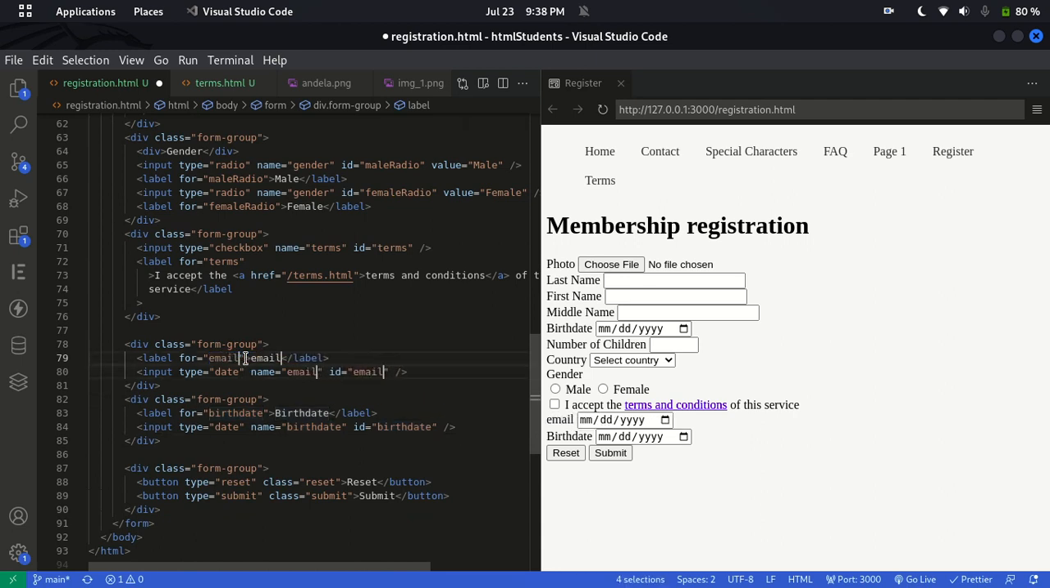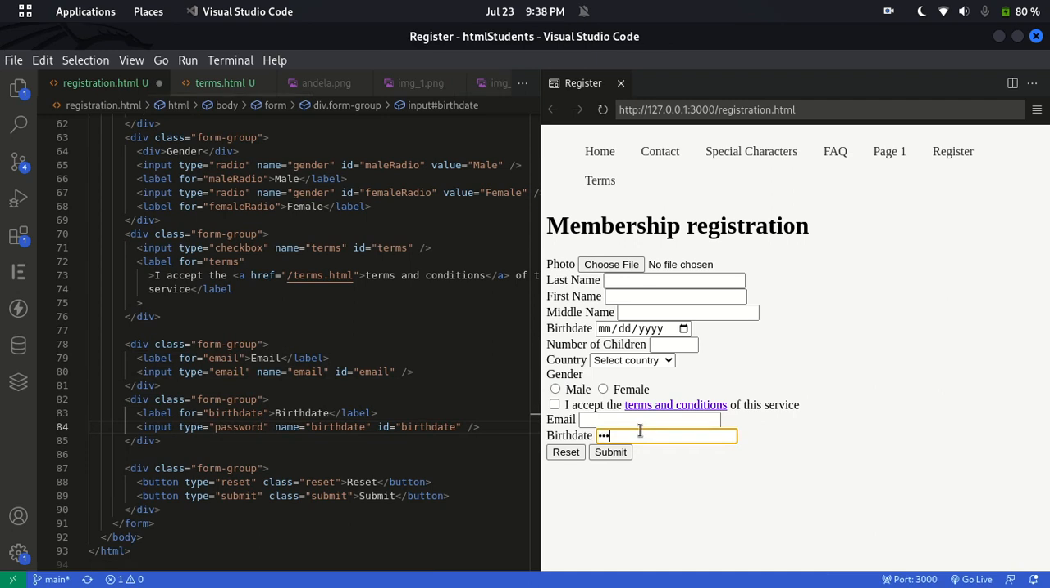As email. The type of this one will be email, and this one password. Once you put password, the text will not be visible any longer. So look at this. It will show us dot characters. And for this ones,